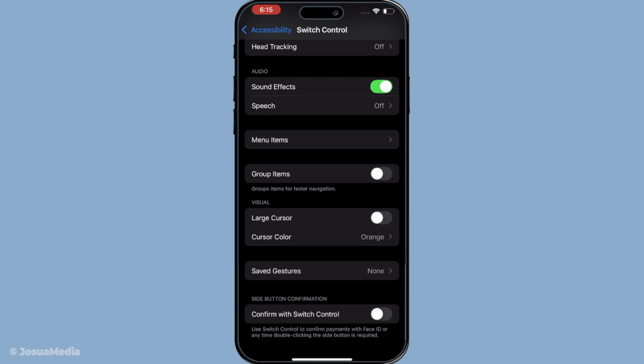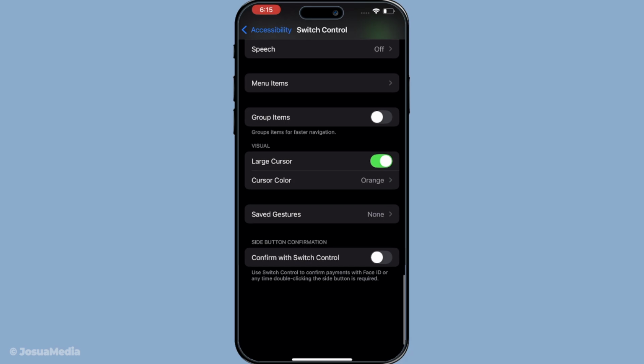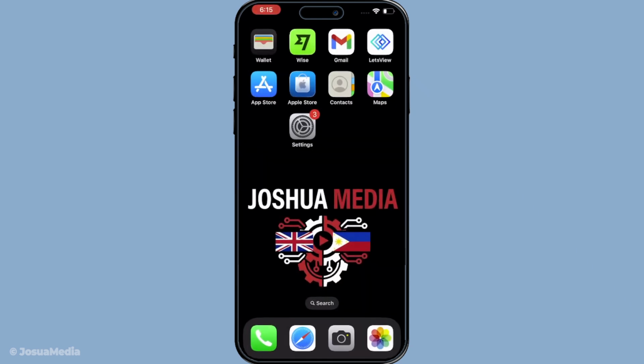If I leave it enabled, I'll usually spend a second navigating around just to feel comfortable with the change before moving on. It's simple to return here later and adjust it again if I decide I want something different, and that's all there is to it. You've now seen how to enable large cursor on your iPhone, and once you've gone through it once, it becomes quick and easy to find and change whenever